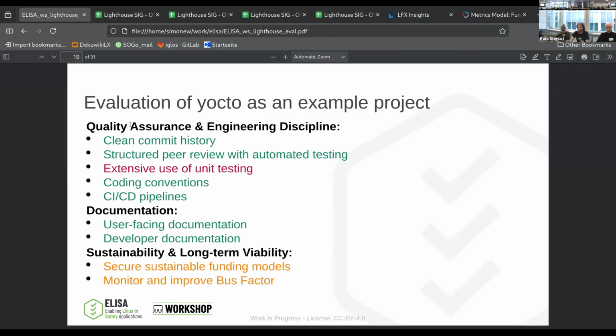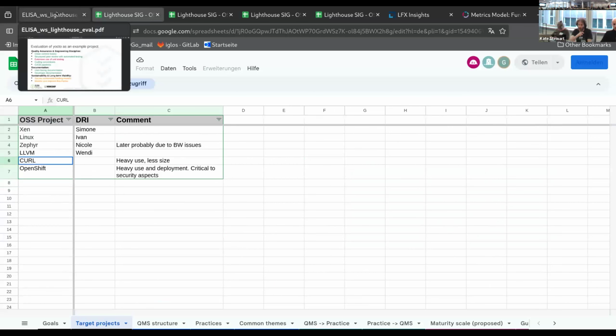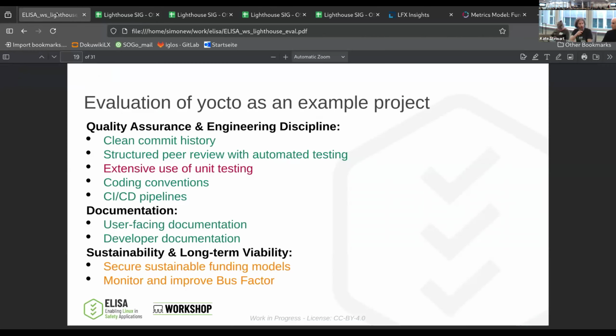So one thing here is we have Yocto in, and also Xen for evaluation, but we also try to not only look in the embedded space, and we also wanted to look into projects which do not directly have safety criticality in mind. And for us, even for Xen, there is a huge user base, and safety is not the only thing. They care about security. That makes it attractive. We don't want to get away from safety, but we want to have an argument for what the best practices in open source are. And for Eclipse S-Core, this is a project